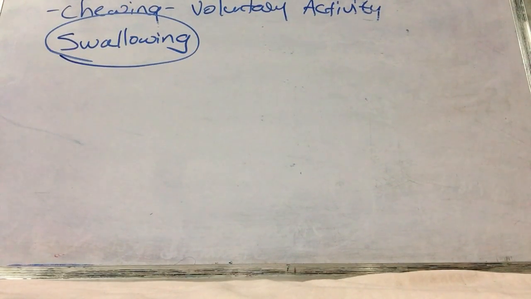The receptors for the deglutition reflex are present near the opening of the pharynx. Once these receptors are stimulated, the deglutition reflex is initiated, and the afferent impulses are transmitted to the deglutition centers, which are present in the medulla and the pons. The efferent impulses are directed to the muscles of the pharynx and upper esophagus via the cranial nerves.